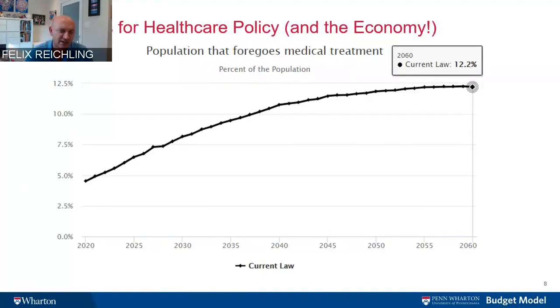And of course, you see all the other gradients too. For example, if you have higher income, you're more likely to get medical care than if you have low income. If you have higher education, you're more likely to get medical treatment than if you have low education. There are also racial inequalities here. So this is, generally speaking, a problem. And what happens when you don't get necessary medical treatment is that you become less healthy over time.